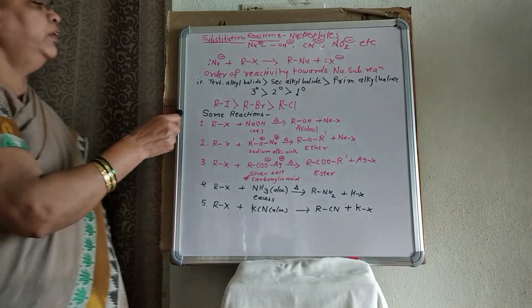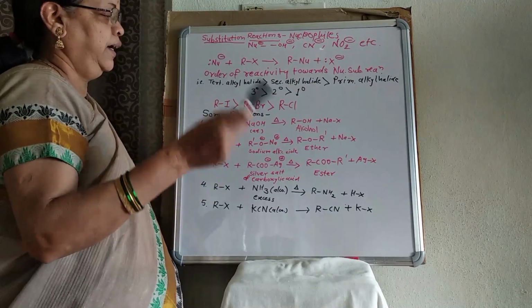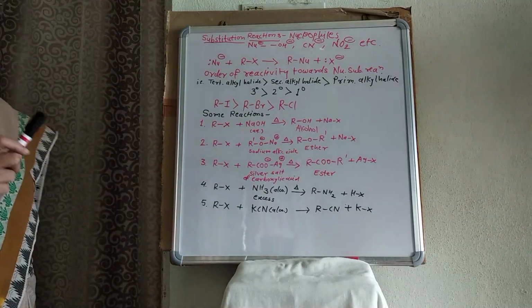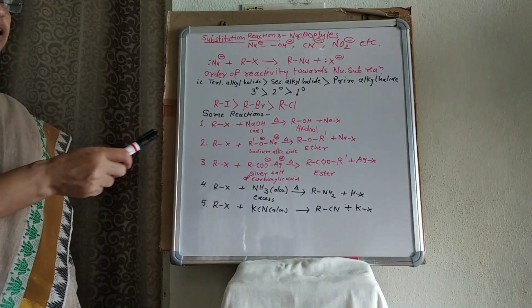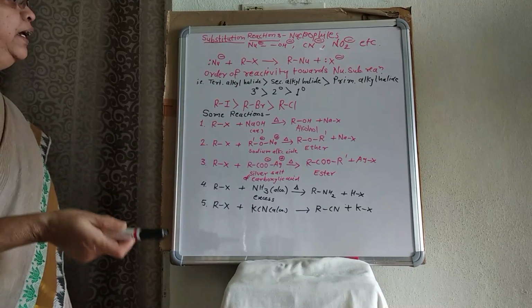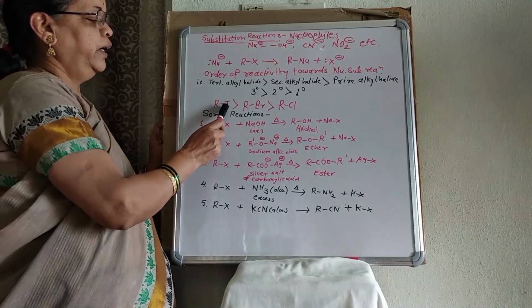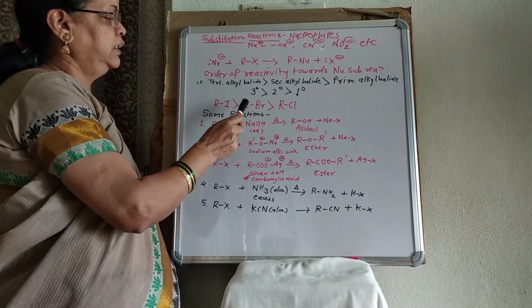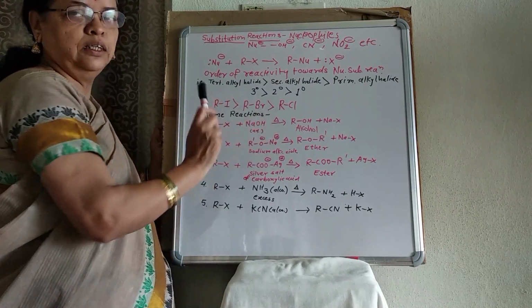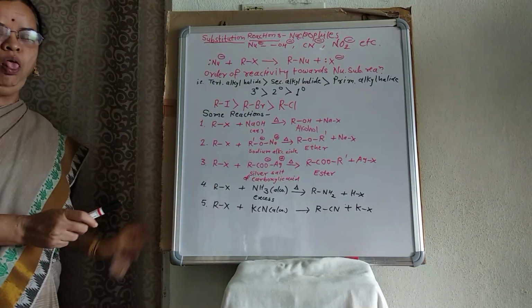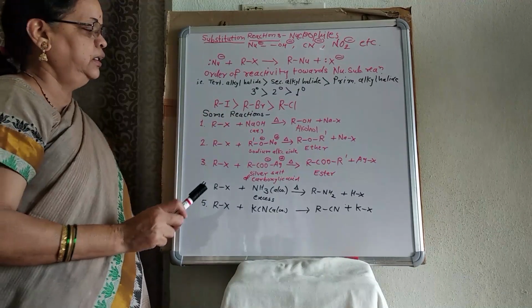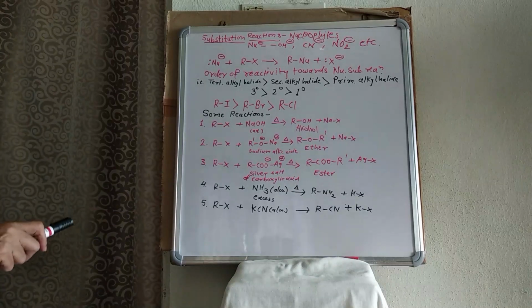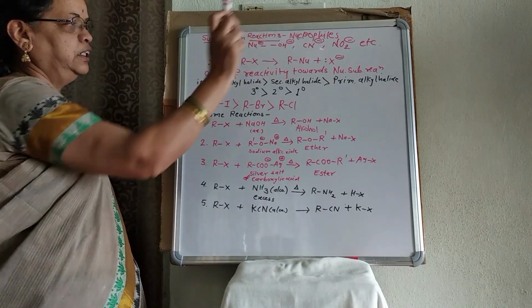Now, if you consider particular halides, that is iodide, bromide and chloride, with R constant, meaning a methyl group in all of these, or an ethyl group, RI is more reactive towards this reaction as compared to RBr or RCl. So in short, iodides are more reactive than bromides or chlorides. Now we will consider some examples which give such nucleophiles.